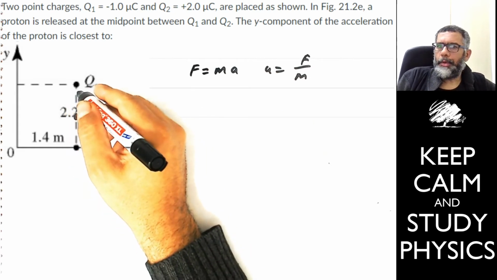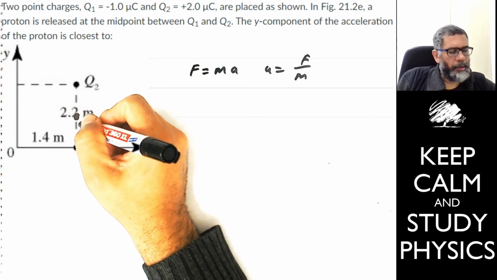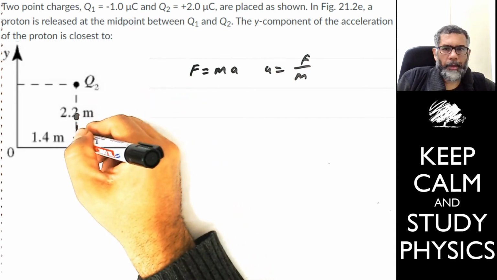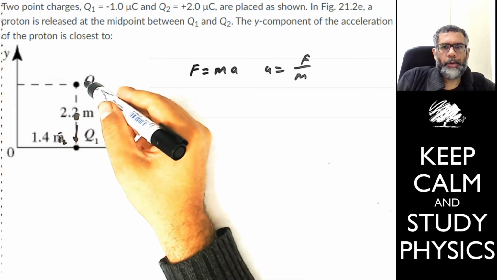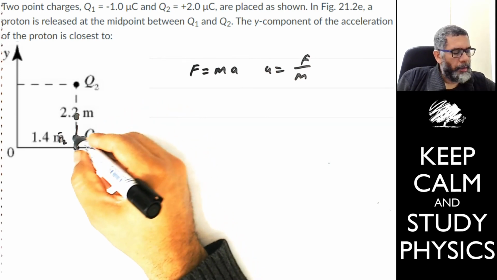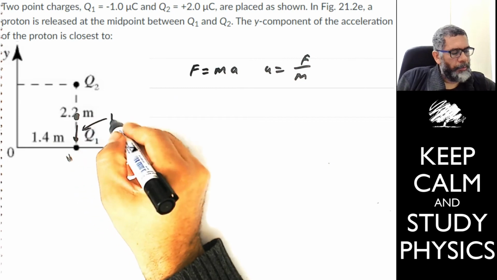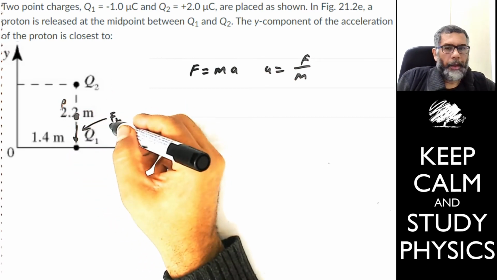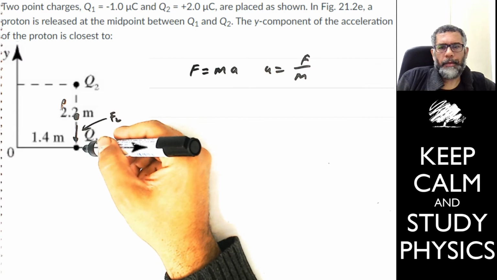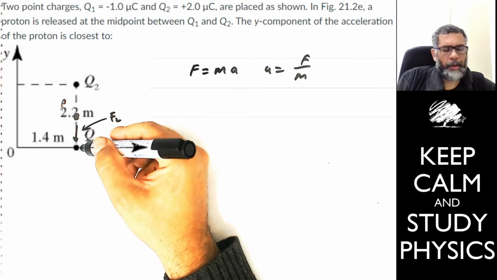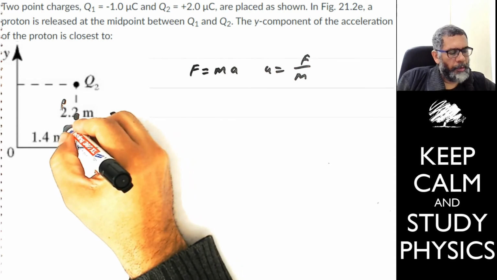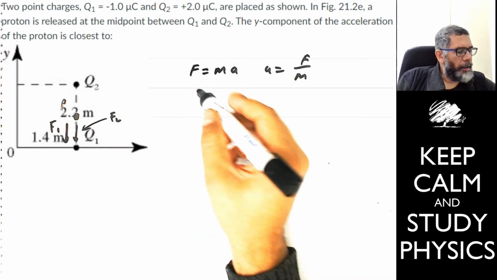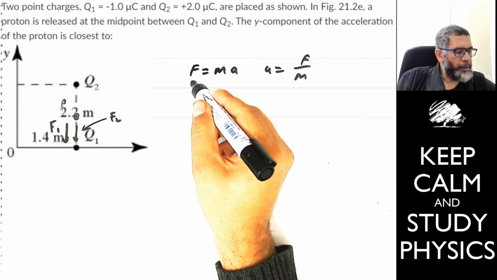Force is, since Q2 is positive, Q2 will push the proton down. Let's name this force F2, the force applied by Q2 on the proton, and this is the proton. And what about Q1? Since Q1 is negative, Q1 is pulling the proton onto itself. So again, it will produce a force which is again downward. And let's call this one F1. And both forces are in the same direction, so we have to add these forces to find the resultant force,